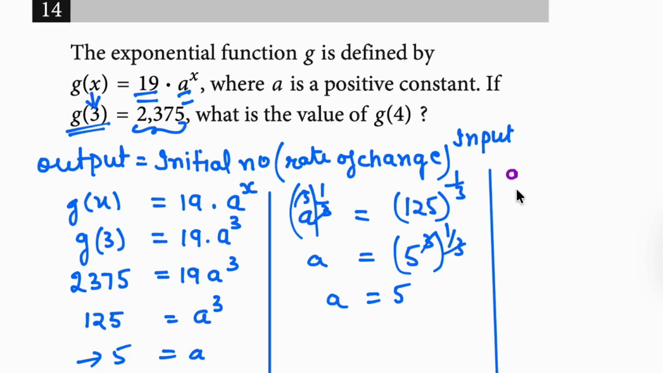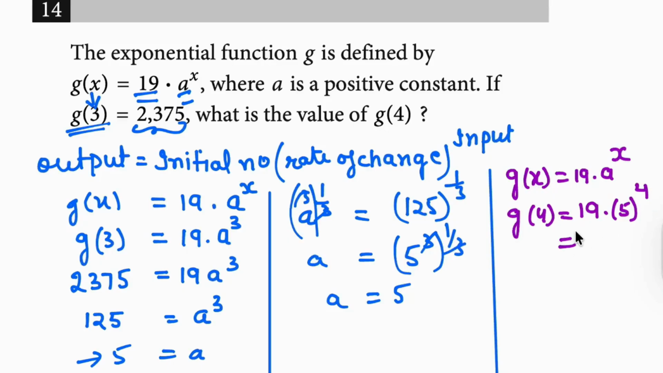That means this is our equation, and if input is 4, what is the output? Let's write the equation. If input is 4, what will be the output? That is our question. Value of a is 5 raised to power 4. So just use your calculator. Okay, so g of 4 is equal to